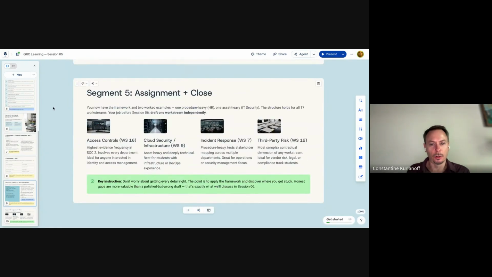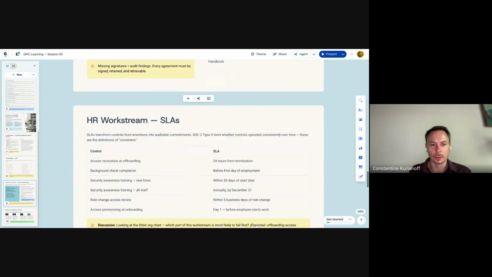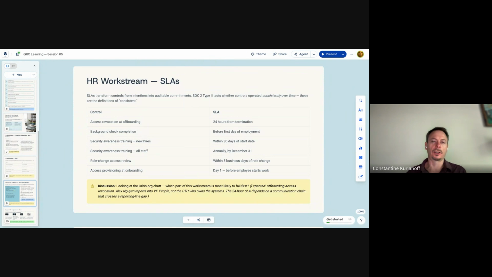All right, so it is important. Another thing to mention is when you work on building the workstream dashboard, you will notice that certain workstream dashboards are more heavy on particular types of assets than the others, right?